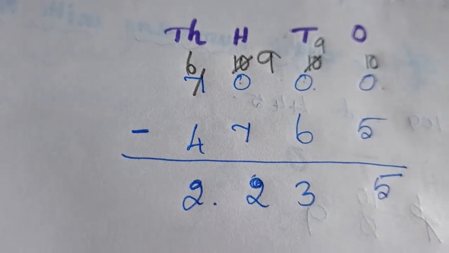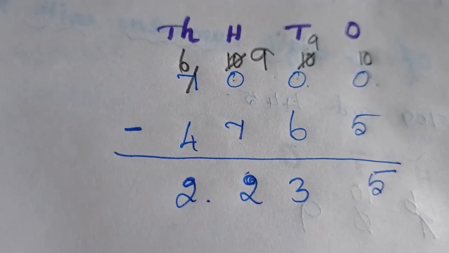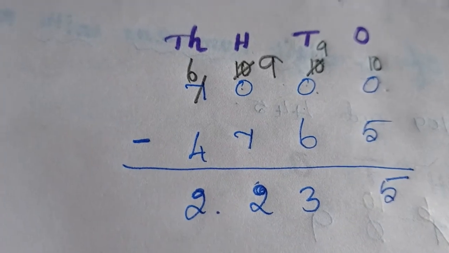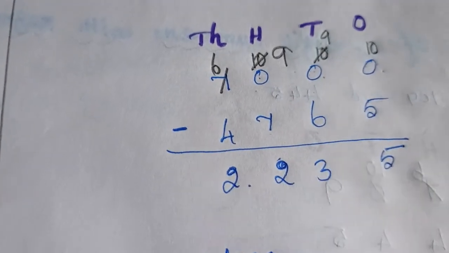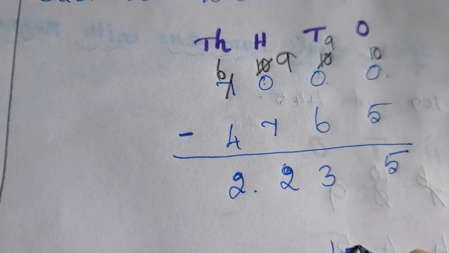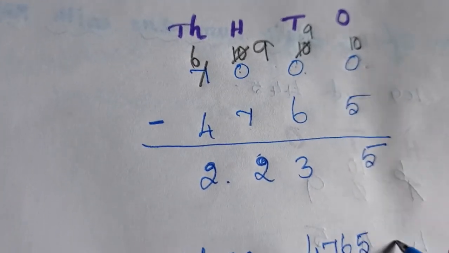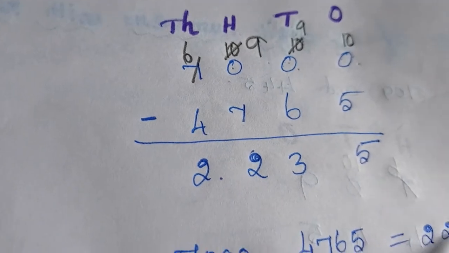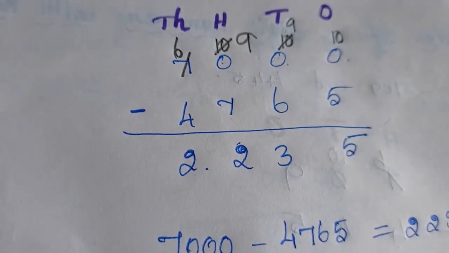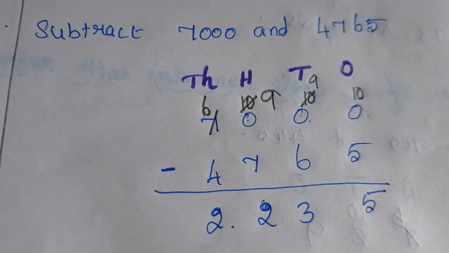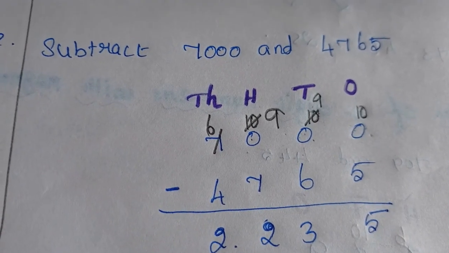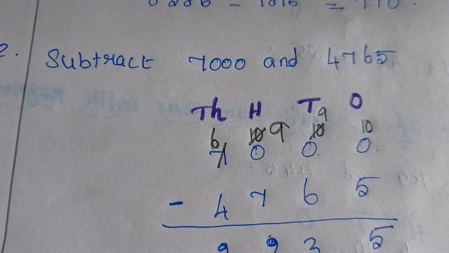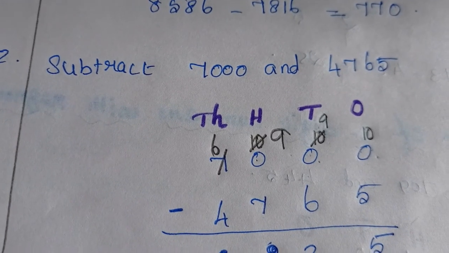So thus the difference is 2235. So write the answer 7000 minus 4765, which gives us 2235. So children, in today's class we learned the subtraction of 2-digit, 3-digit and 4-digit numbers with regrouping, and